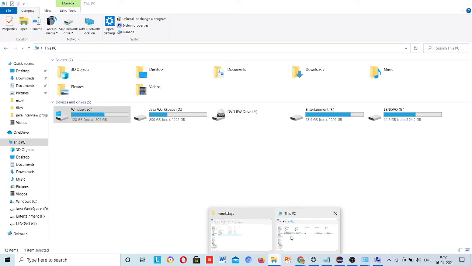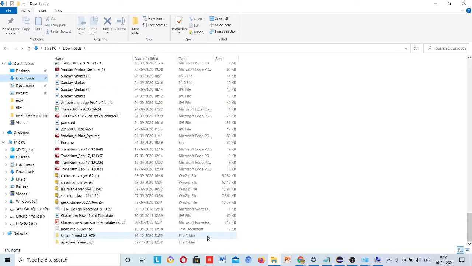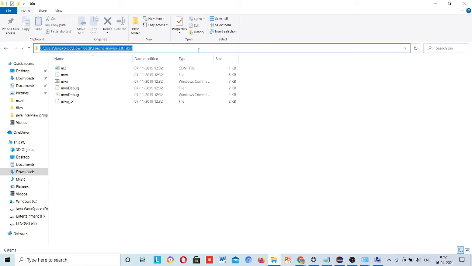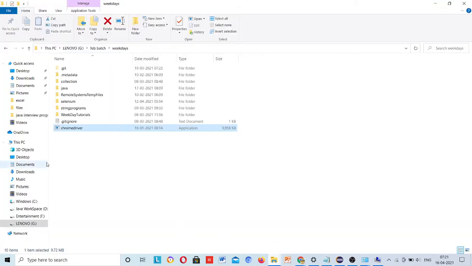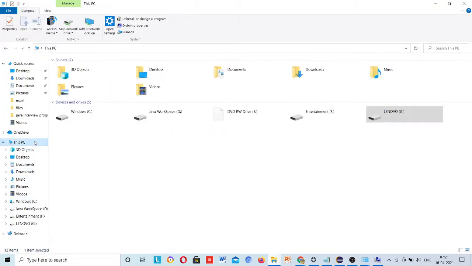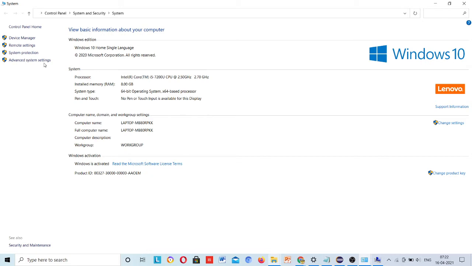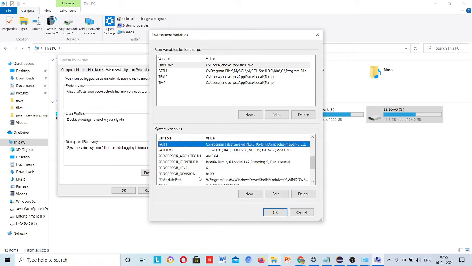Then after that, the path: go inside bin, copy this, and again go to This PC, right click, properties, advanced system settings, environment variables and path.